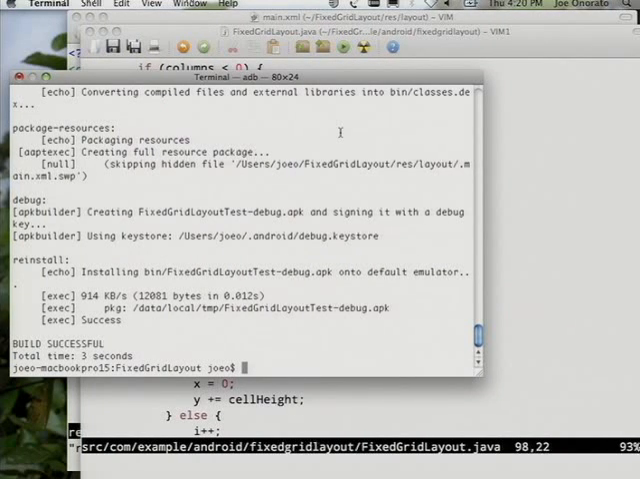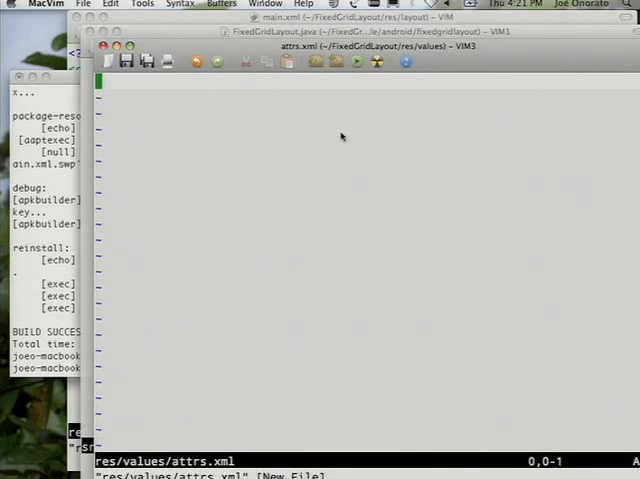So I think what we'll do is show you how to use resources then instead. Yeah. The attributes, you mean? Yeah, attributes. So let's see how to get the attributes from XML. And so I said it was about 10 lines of code. It's really about that. So you have to add a file called